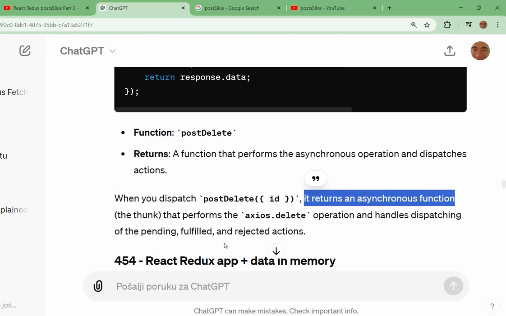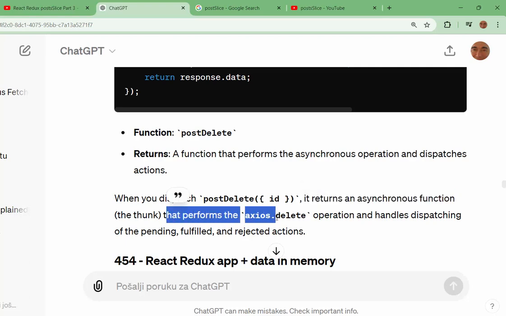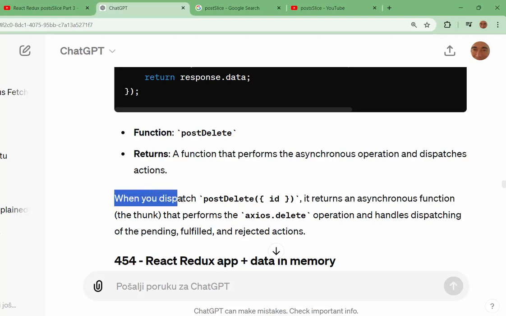When you dispatch post delete, it returns an asynchronous function, the thunk, that performs Axios, etc.